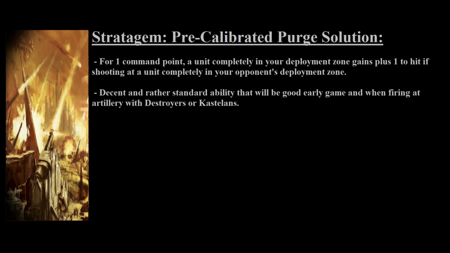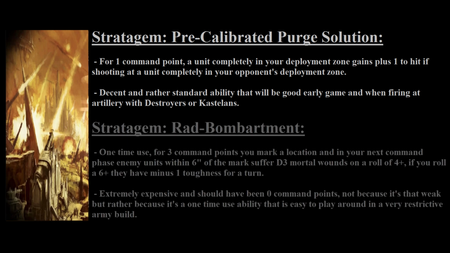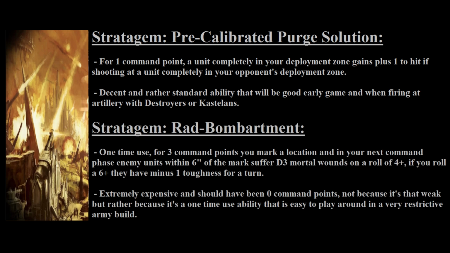So this will only be useful in early turns or if your opponent has artillery in their deployment zone. Sometimes it'll also help you clear out an objective in your opponent's deployment zone if one happens to be there. All in all, this is a rather boring stratagem and a very limited one, but it's one that you can make use of. The final stratagem that is offered by the Defense Cohort is called Rad Bombardment, and this stratagem